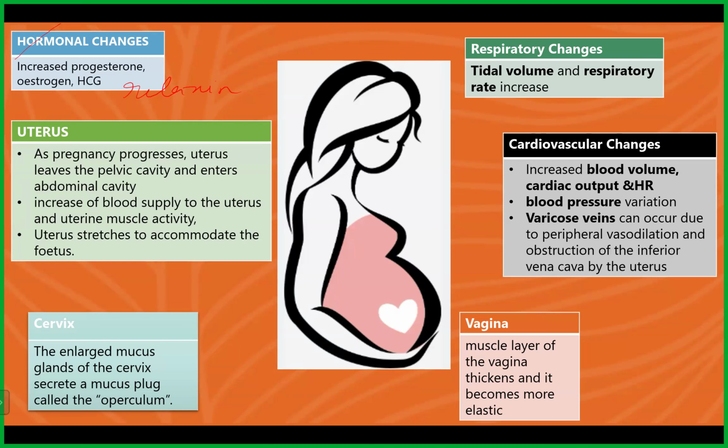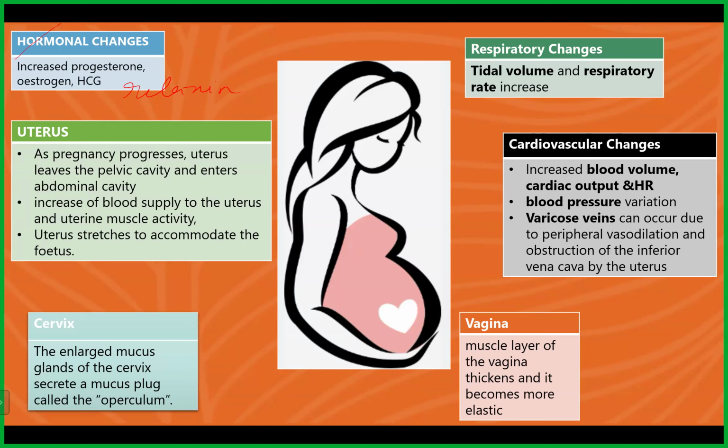Now talking about the HCG. HCG is the first hormone to be released by the placenta. In our pregnancy test, we add some amount of urine and then we test. In that, the first indicator is the presence of HCG. Okay, it's measured in pregnancy test. So that is a signal that the woman is a pregnant mother.